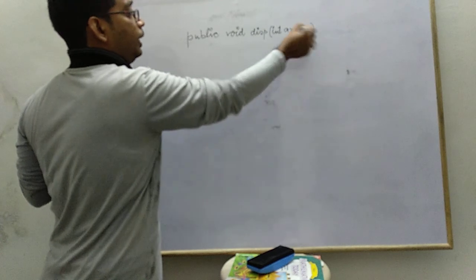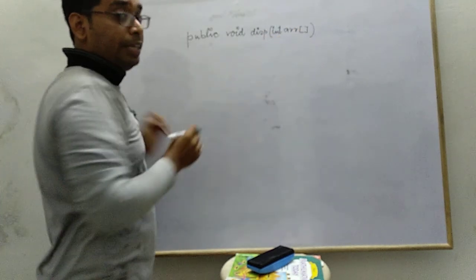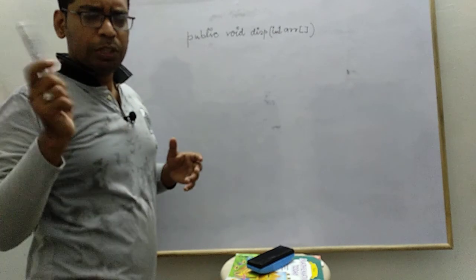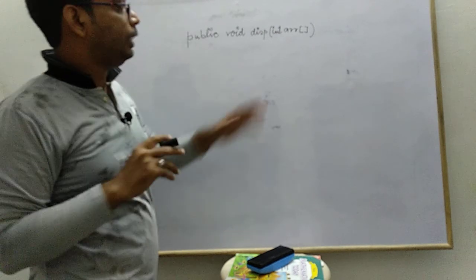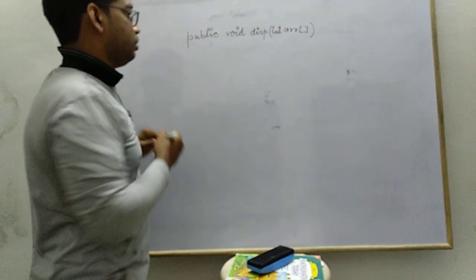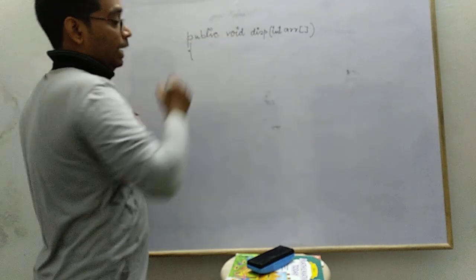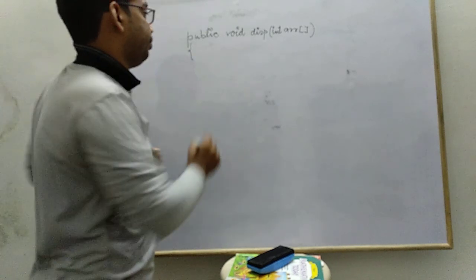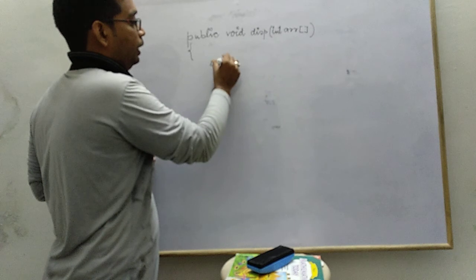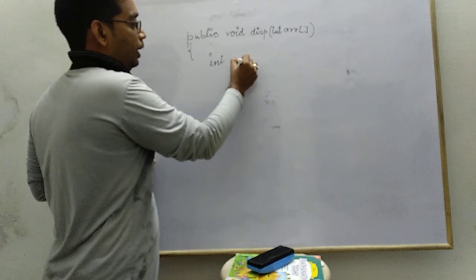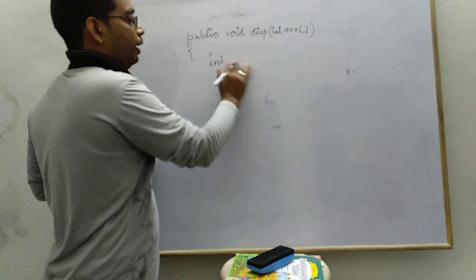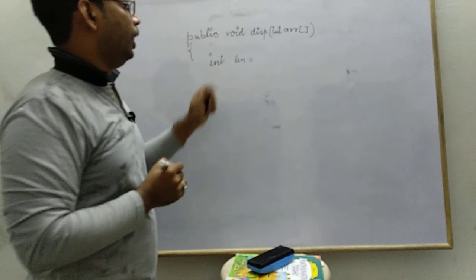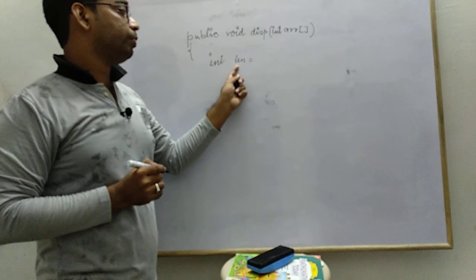and the array. Write the array inside the brackets where you used to write the parameters, like int a, int b. So in that place you have to write the array like this. The length of this array is unknown, so firstly we need to find the length of the array. So take a variable int a equals, or you may use length also.